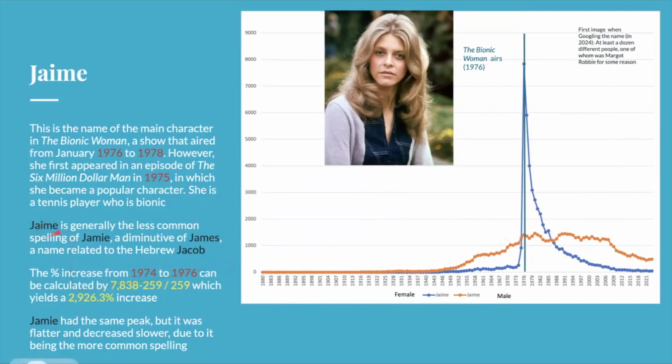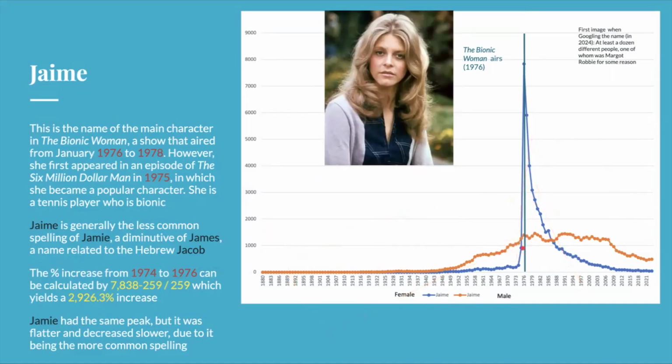So Jaime, spelled this way, is generally the less common spelling of Jamie, spelled Jamie, which is a diminutive of James, which is a name related to the Hebrew Jacob. Jamie's a pretty unisex name at this point. I'm not sure how it came to be used femininely, and you can see that this name definitely had an